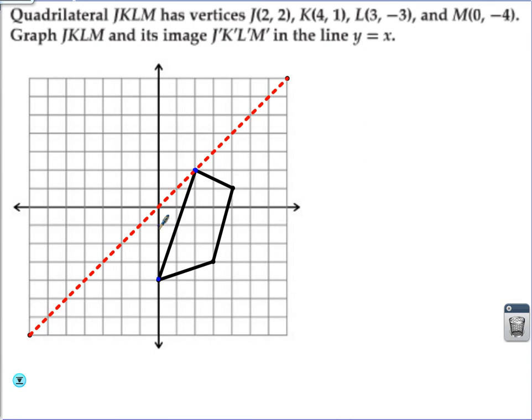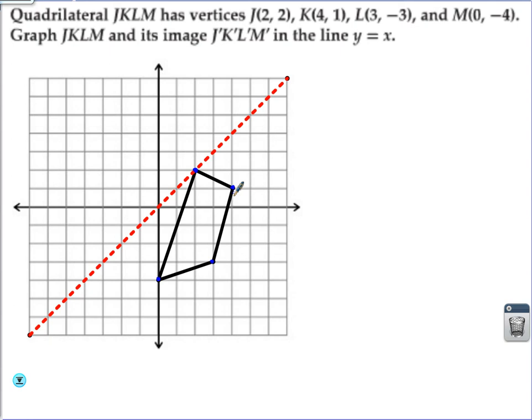1, 2, 3, 4, 5, 6, 1, 2. Rise 6, run 2. What's the slope? 3. Rise 6, run 2, 6 over 2 is 3. From this dot to this dot, we rise 1, 2, 3, 4, and we run 1. So it's 4. Is that a trapezoid? No. Does it look like a trapezoid? Yes. Slopes of 3 and slopes of 4, those are pretty close. So they're going to look parallel, but it is not parallel. But anyway,